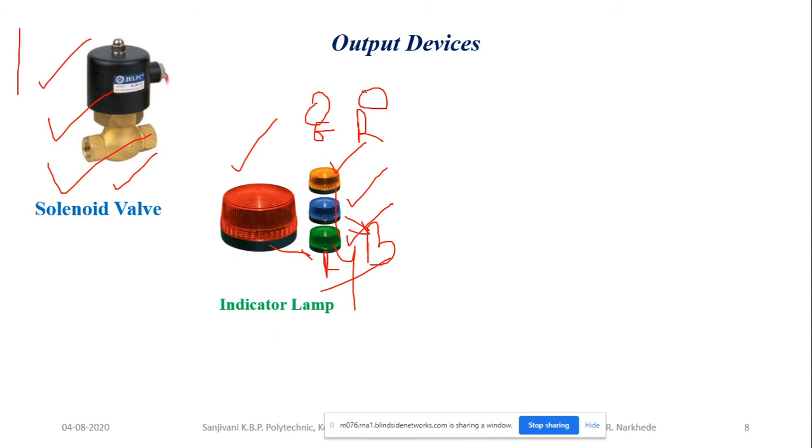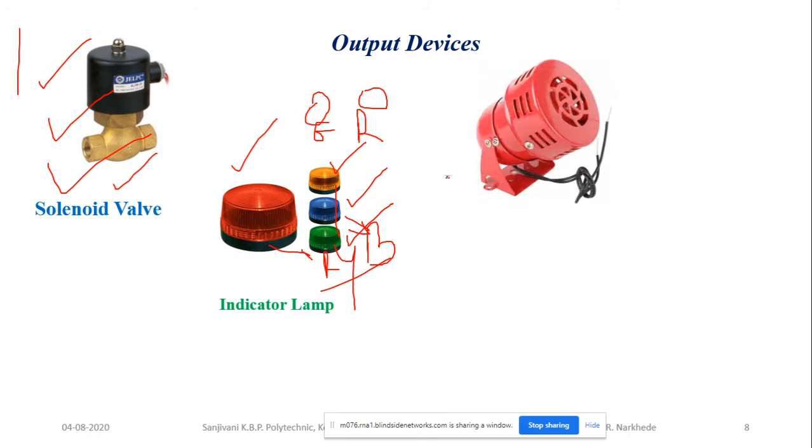Okay, or if you are going to use the dual starter, it also has two color buttons, red color and green color. So green color is normally used for the starting application, and red color is used for the stop application. Okay, so these are your indicating lamps which are commonly used in the industry.